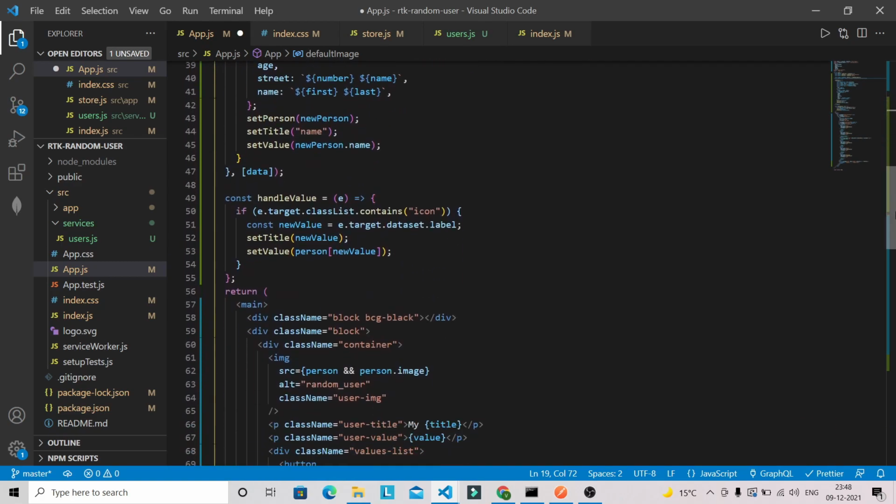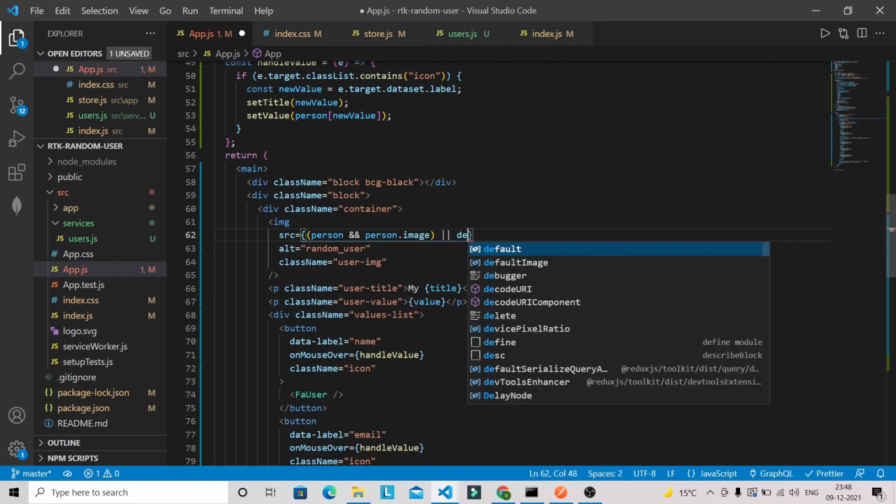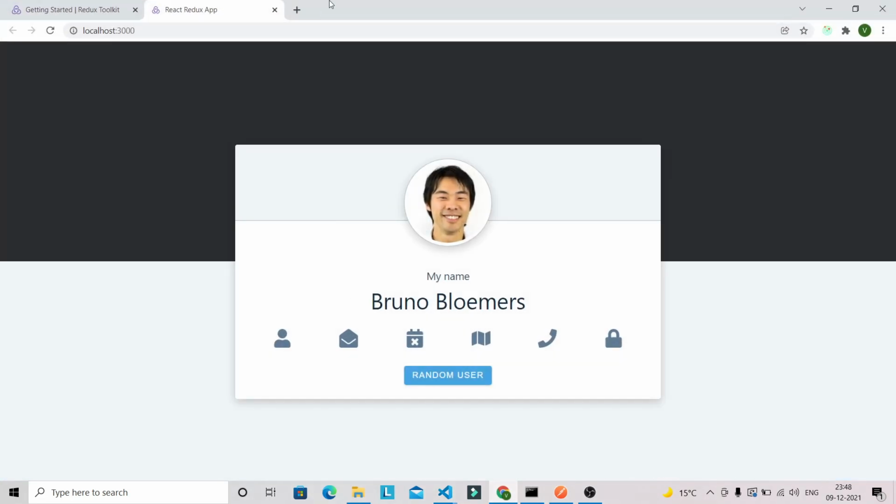After that, we just have to adjust this one. Let's put it in the brackets, and if we don't have that image, then we can just show a default image. Let's go into the browser and reload this application. We don't see that broken image now.